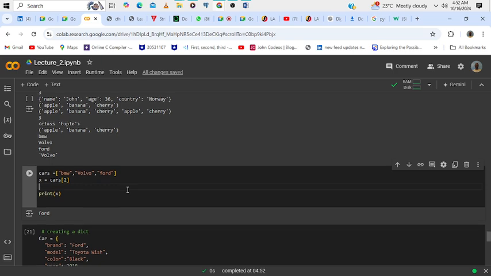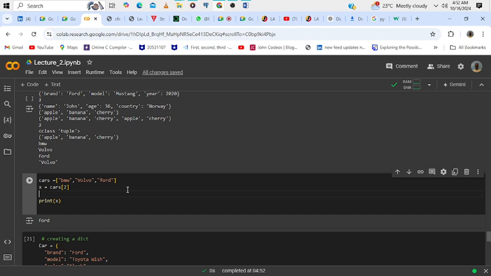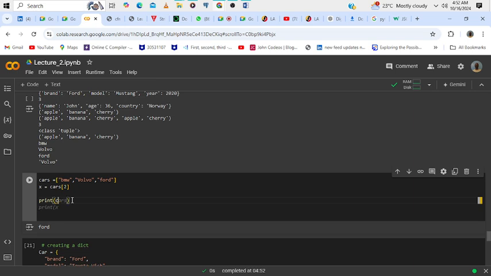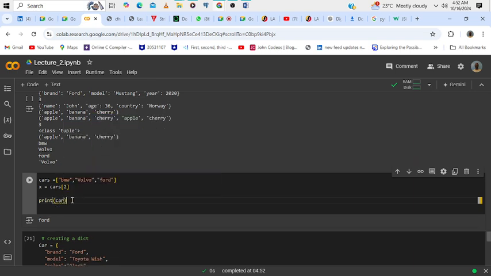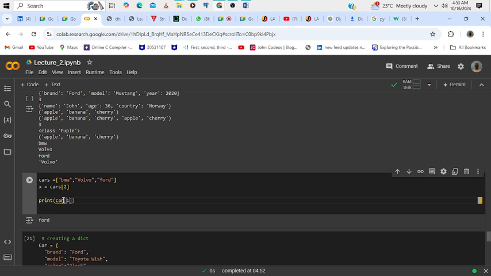Can you access elements of an array directly using the print function? What if somebody wrote print, then the opening bracket, cars, and then the index 0? Yeah, cars, then you put the square brackets and the index you want, like 1. Yes, it's the same case. You're going to get